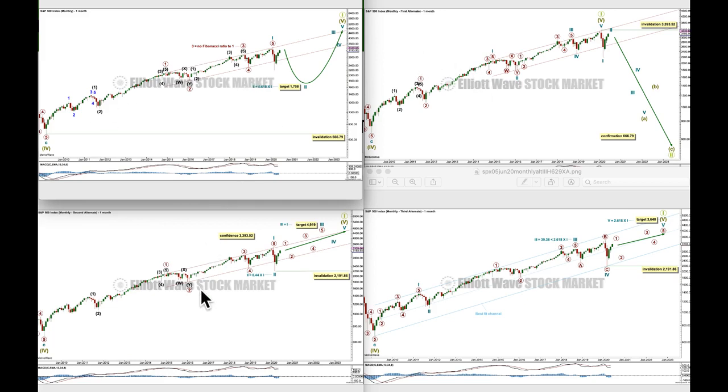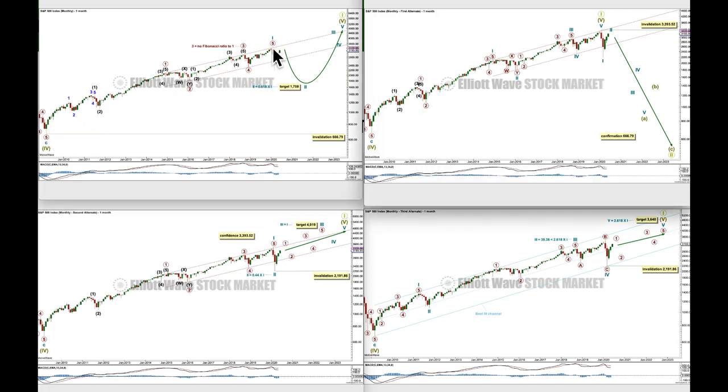1, 2, 3, or the main count, first alternate and second alternate, all see the subdivisions of the bull market in the same way, except for the degree of labelling. The bull market from March 2009 to February 2020 is seen as a 5-step forward pattern, a 5-wave impulse. This is the simplest Elliott wave structure. For the main wave count, it is labelled primary 1, 2, 3, 4, 5 to complete cycle wave 1.